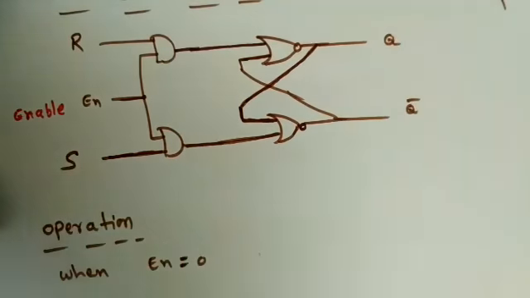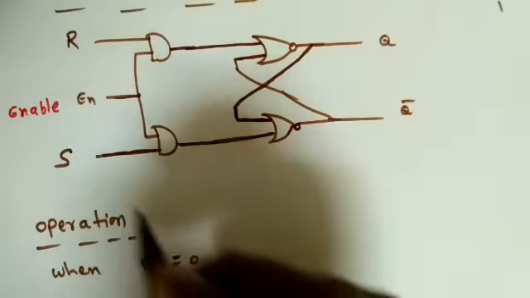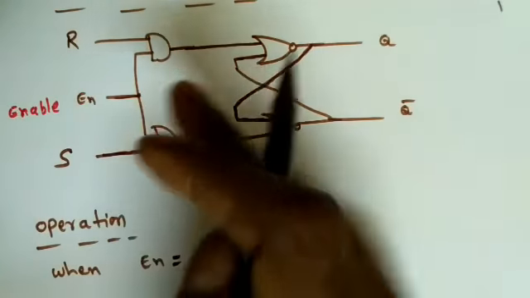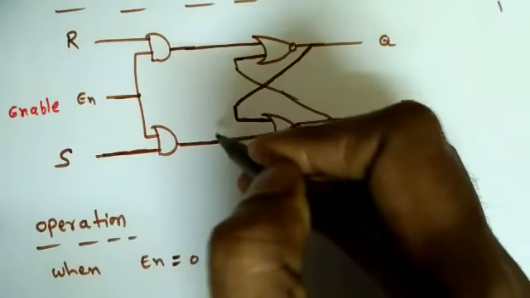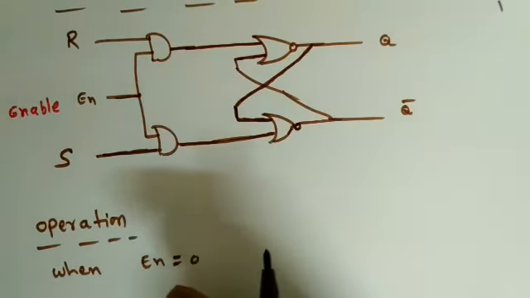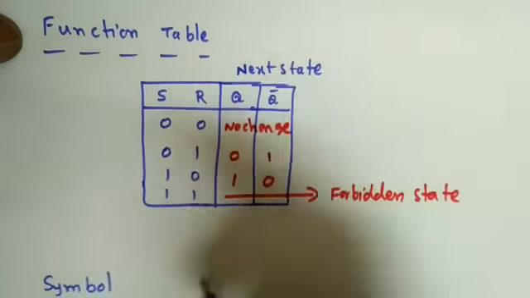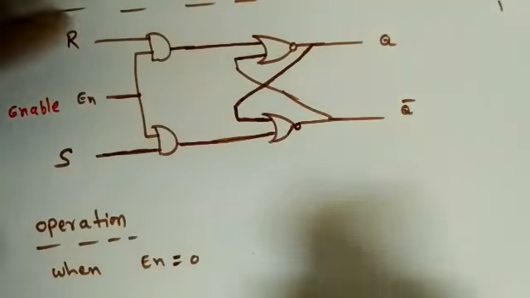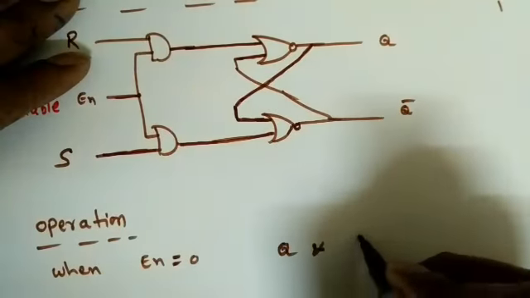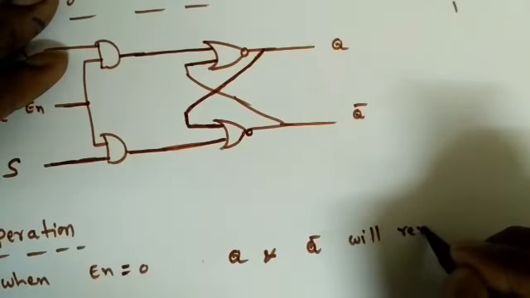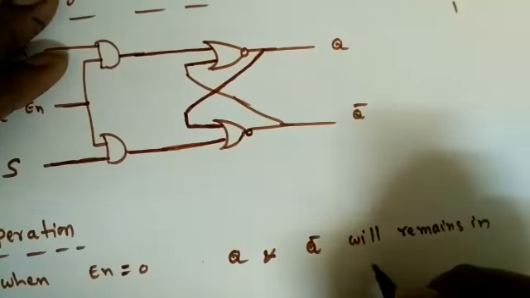So whenever the enable pin is equal to 0, what will happen? 0 is coming here and 0 is coming here, so it will not be activated, right? So we'll get what here? 0 0, right? Now whenever we give 0 0 to an SR latch, what do we get? Just check the previous case. This is the SR latch using NOR gates. When I give 0 0, what is the next state? It is following the previous state. So Q and Q bar will remain in the previous state,